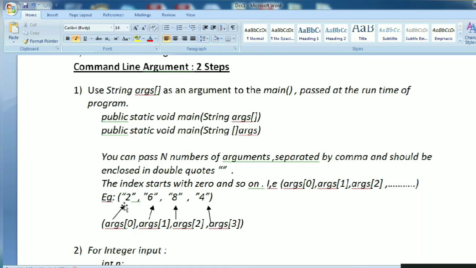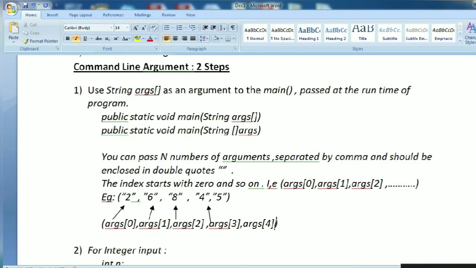The 2 will go to index 0 of this array args, 6 will go to the next index, 8 will go here, and 4 will go to this index. You can pass any number of values. Suppose I want to enter one more, 5, which index is it? The fourth index. This way you can enter the values.